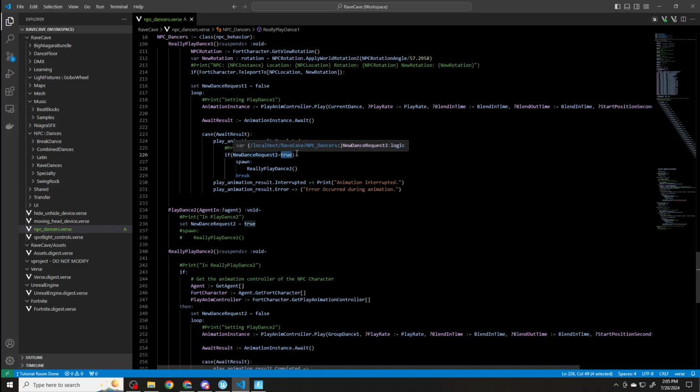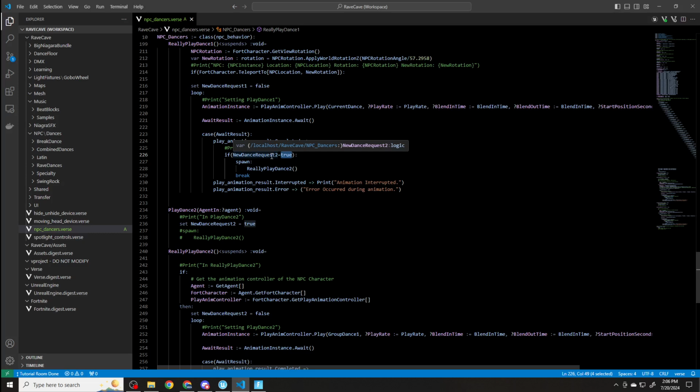So this if statement would be false, and that means it would not do the statements in here, so it would just go down here and loop. It would play the house dance. After 22 seconds, it would come back here, and since I haven't stepped on any other trigger to trigger a different dance, it runs the house dance again, and so on,